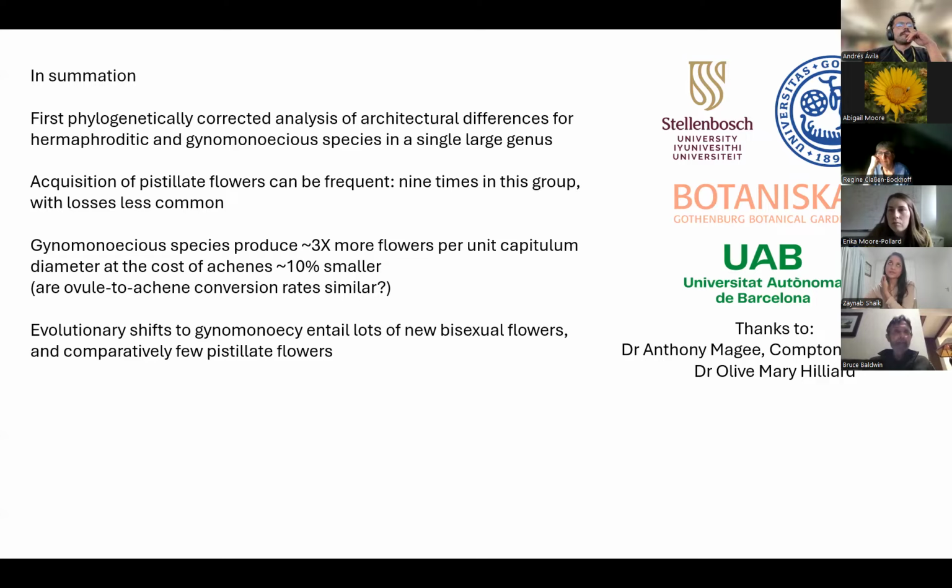Which could of course come from another head on the same plant, but it's at least a